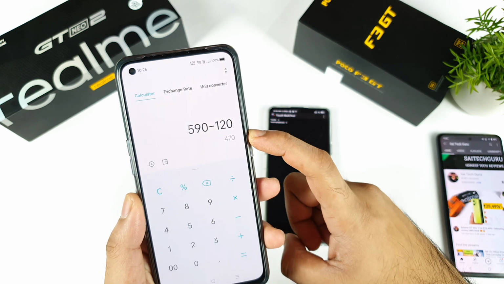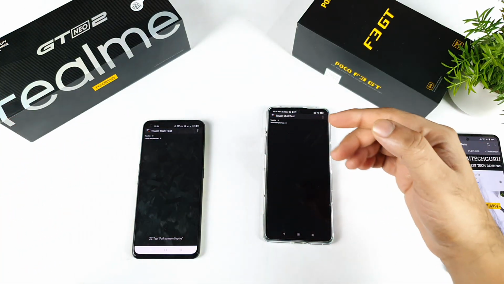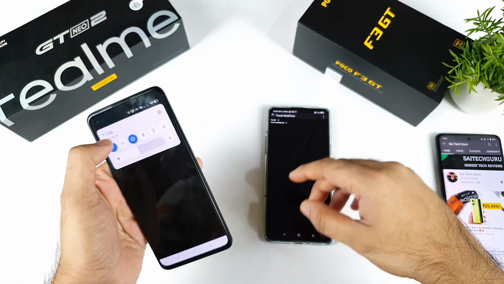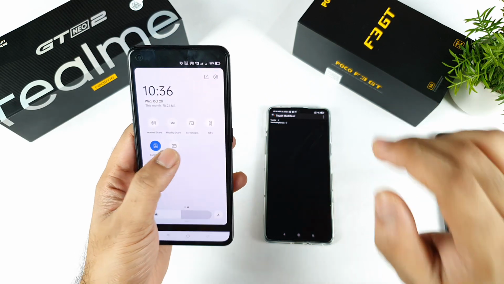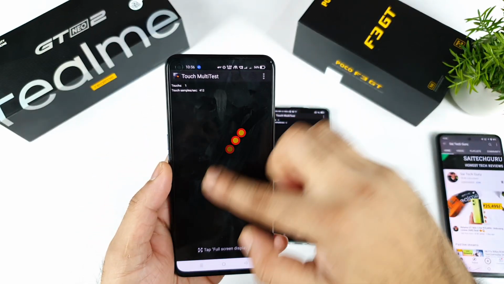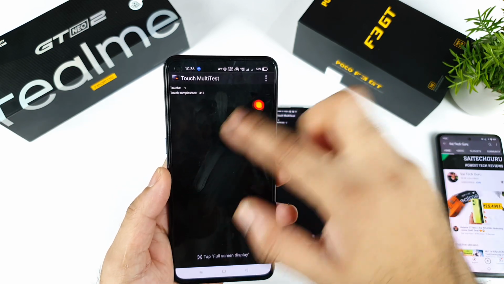There's not much difference there. But in the case of the Realme GT, we are getting far off from the touch sampling rate that Realme is claiming. You may say to try turning on GT mode, game space mode, or game booster mode. Everything I turn on in front of the camera, and I'm trying to show, cannot increase the number. Nothing is increasing. No, it's not increasing at all.